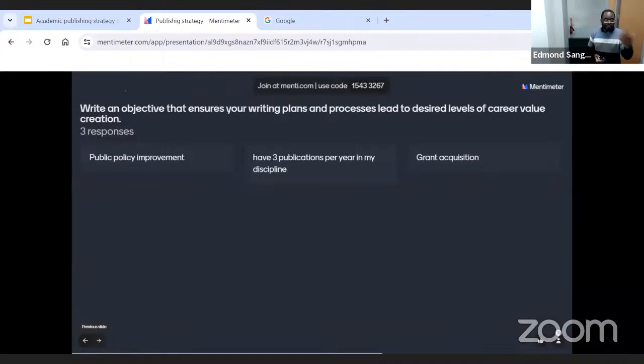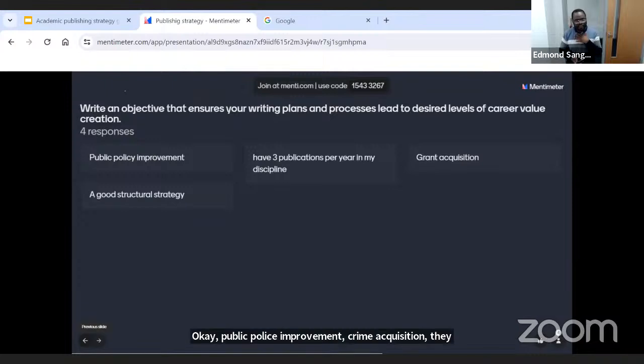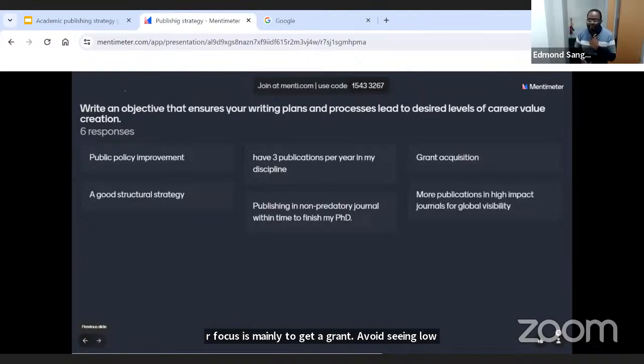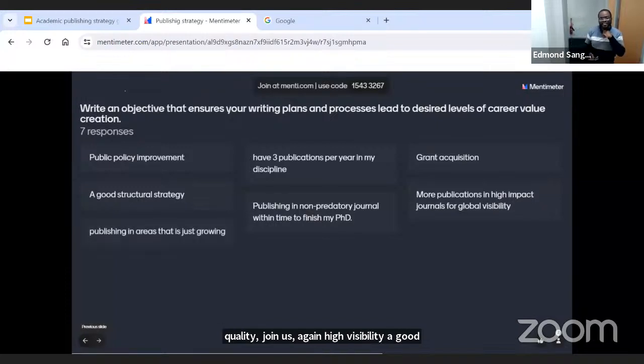Okay. Public policy improvement, grant acquisition. Their focus is mainly to get a grant, avoiding low quality journals, predatory journals. Again, high visibility, a good structural strategy. That's the question here. What is that strategy you would write, right? What is the strategy that you